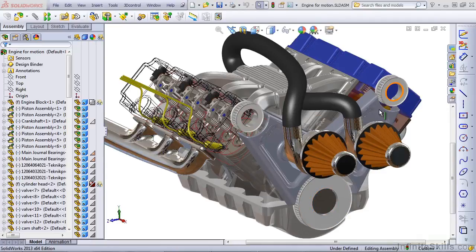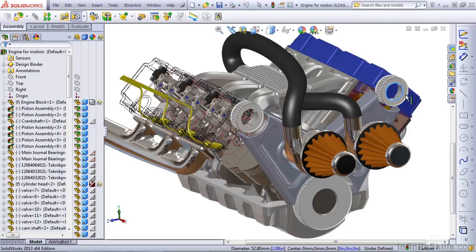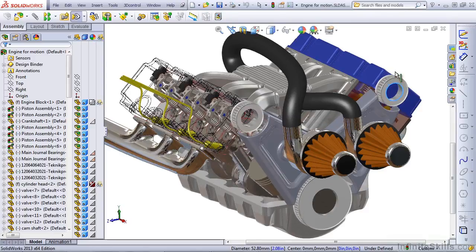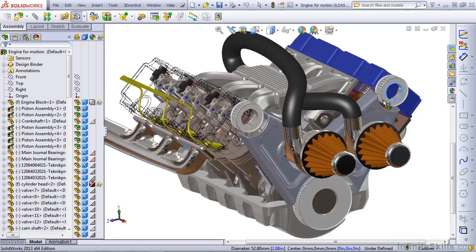Let's see how the motor works, first of all, before we get involved in adding or removing any mates. If I rotate one of these small pulleys, you see that the large pulley is rotating with it. The other small pulley is also rotating. You can also see the pistons and the connecting rods in motion. In there somewhere is the camshaft. And you can see also the valves going up and down, the rockers rocking, and all the motion that's necessary